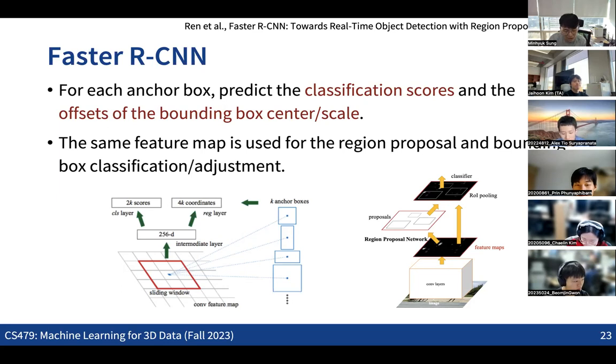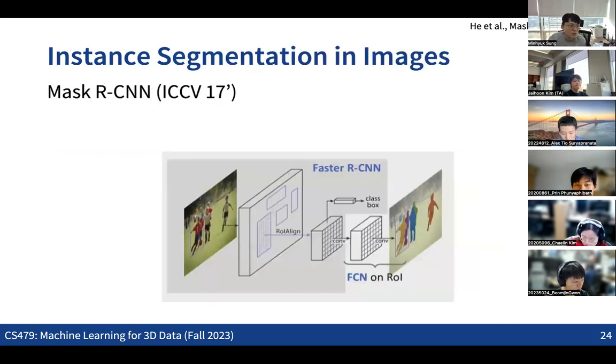And for the segmentation, we want to get not only the bounding boxes, but also a mask for each of the corresponding objects. So what we can do for instance segmentation, here the thing is that for object detection, we only get the 2D bounding boxes for the objects. But now we can also consider getting the foreground mask region for each of the corresponding objects. And for that, what we can do is that we are simply adding one more